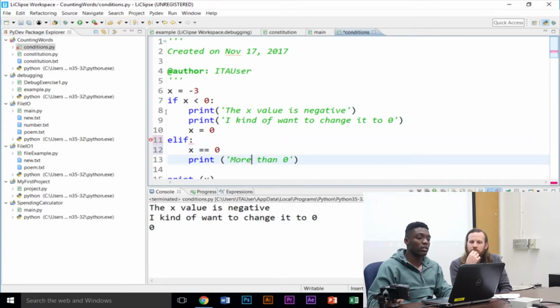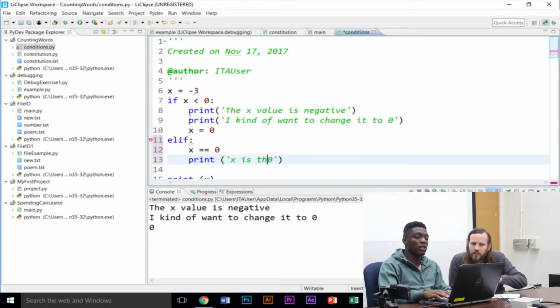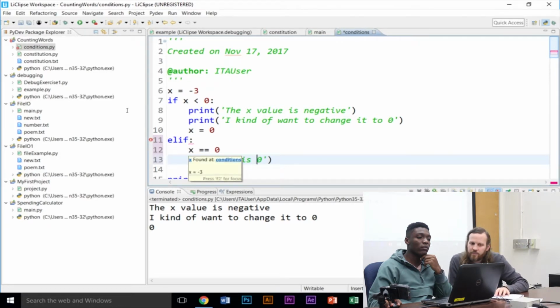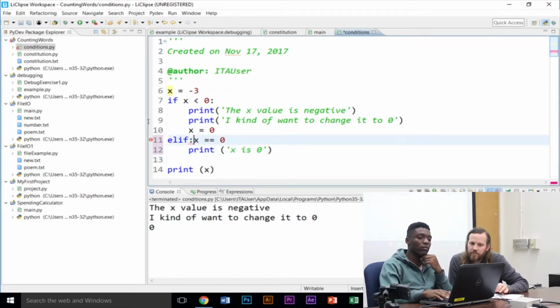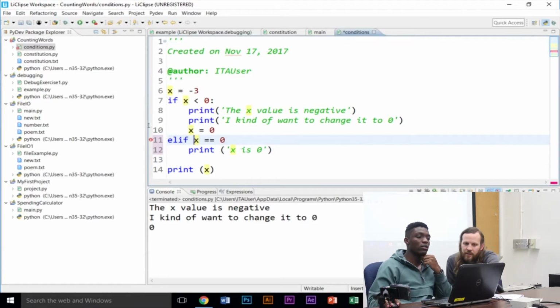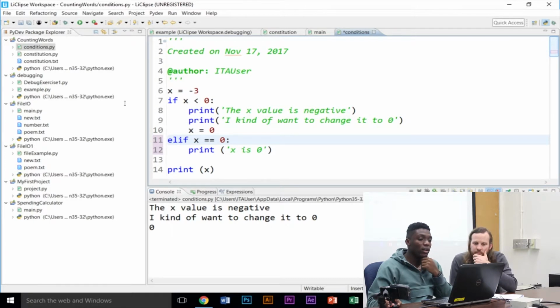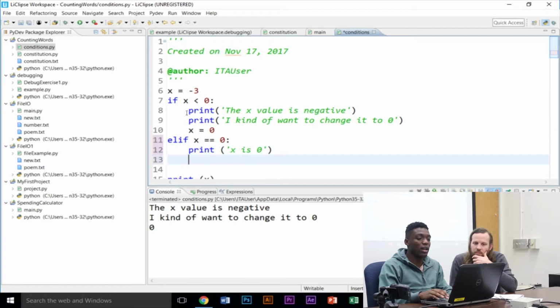Print x is 0. Does this x equals 0 need to be up here, like the if statement, or does it go where you have it? Then put the colon there. Yes, you are correct. So elif x is 0, print x is 0. Else